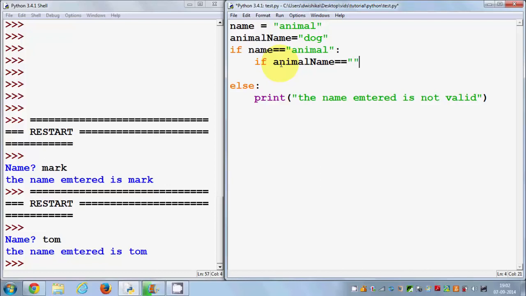Okay, dog, and don't forget this colon, and then I will print here. So if your if statement starts from here, in the last video I showed you that you need to give the indentation here. Let me show you, print, you can just print valid animal,